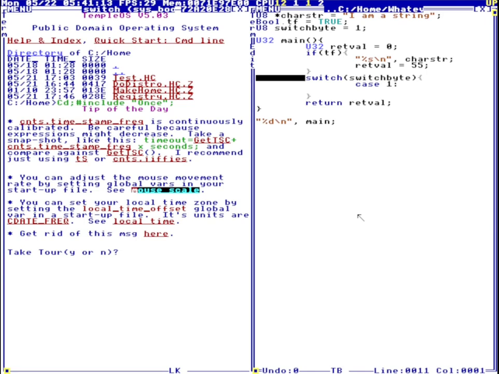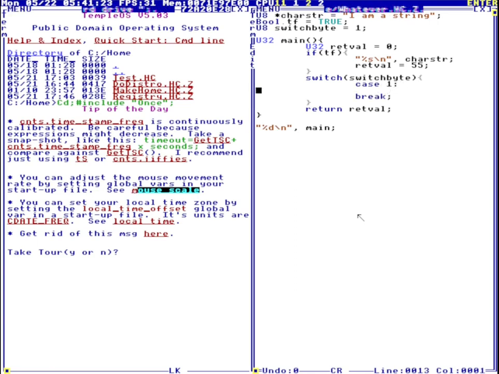I wonder if there's a default, actually. I think there's a default, but I'm not sure. Okay, case break. And we're gonna do, it is 1. There we go. It is 1, and then we're gonna go and do,